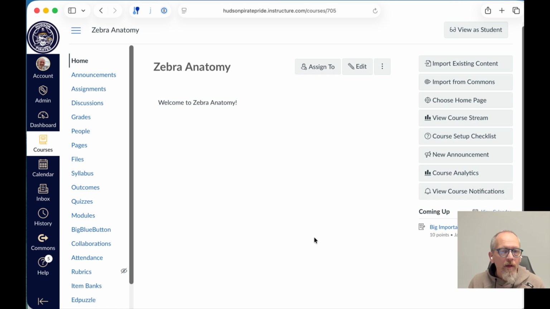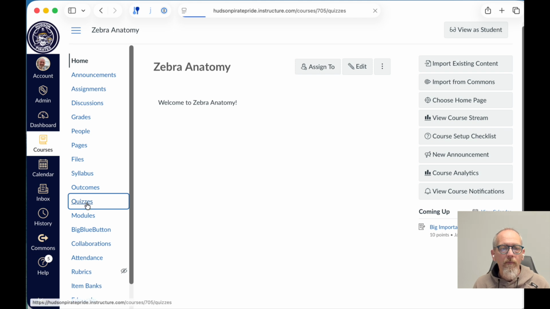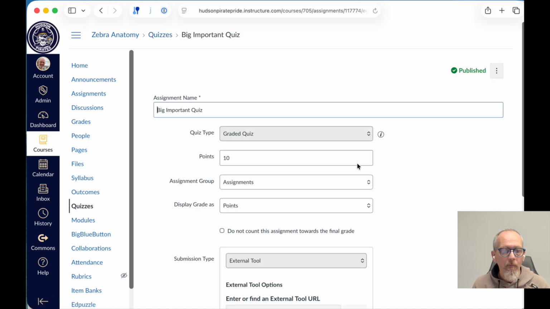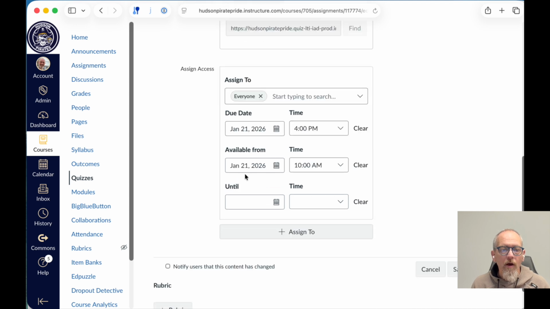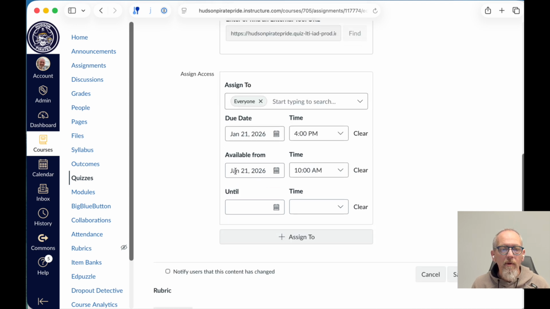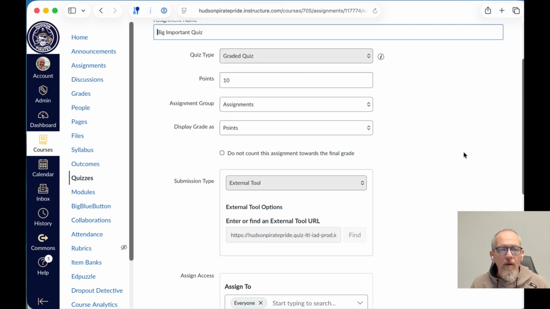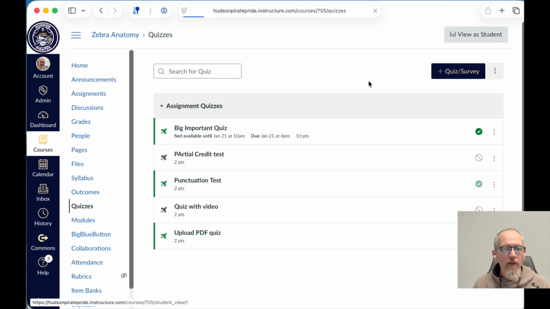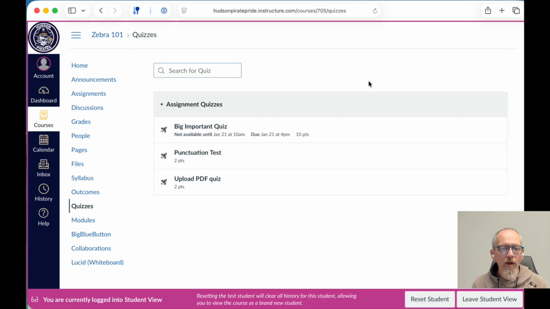Let's take a look. So I have a quiz that should not be available until January 21st. If we take a look at the settings, on January 21st at 10 a.m., it becomes available to everyone. And what that means is if I attempt to view it as a student so that I can make sure what the student sees is what I want,